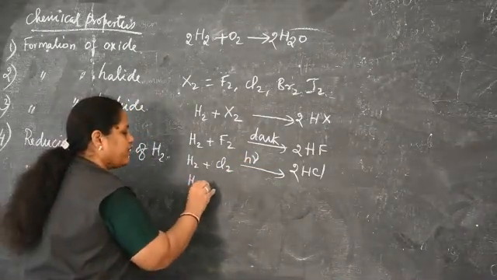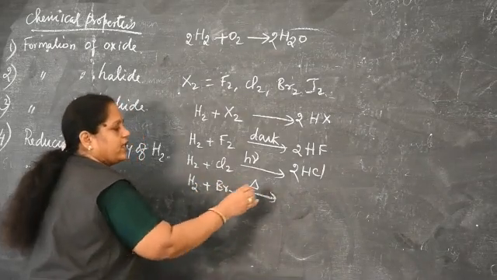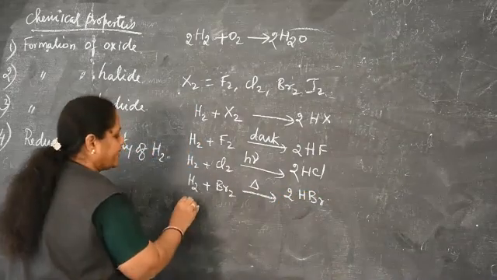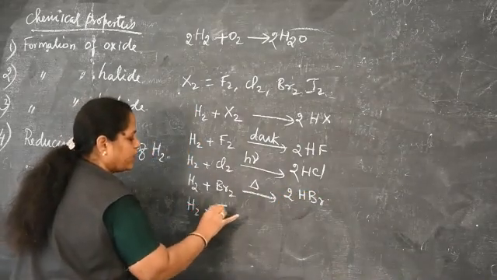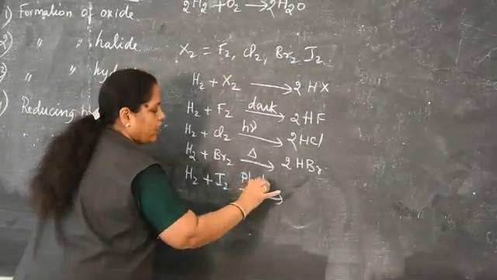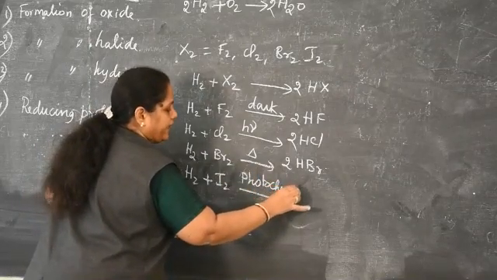Hydrogen combines with bromine only on heating, forming hydrogen bromide. Hydrogen reacts with iodine in a photochemical reaction. High temperature as well as a catalyst is needed, and only then does it form